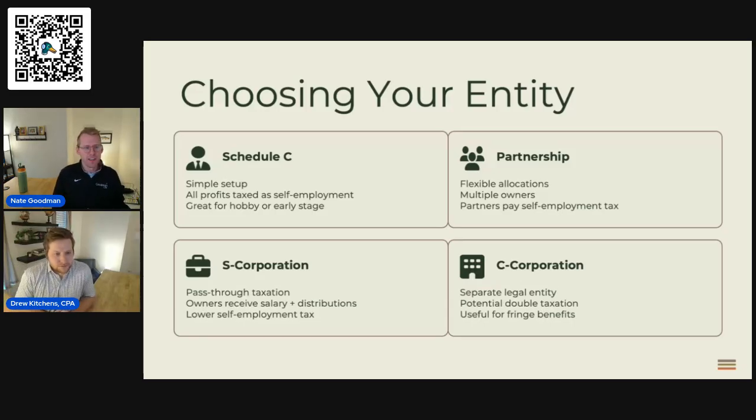So I want to make sure that in the midst of all the noise of the information that we're giving you today, you don't overlook the one simple fact that if the thing that is holding you back is, like, I don't know which entity to start with, just start. Because we need more folks that are ready to jump into DPC. There's lots of need out there. So get started, and then we can address the S Corp, C Corp, partnership issue after you've already started making money. So don't let that be the hangup, because at any point we can go back, like Drew said,